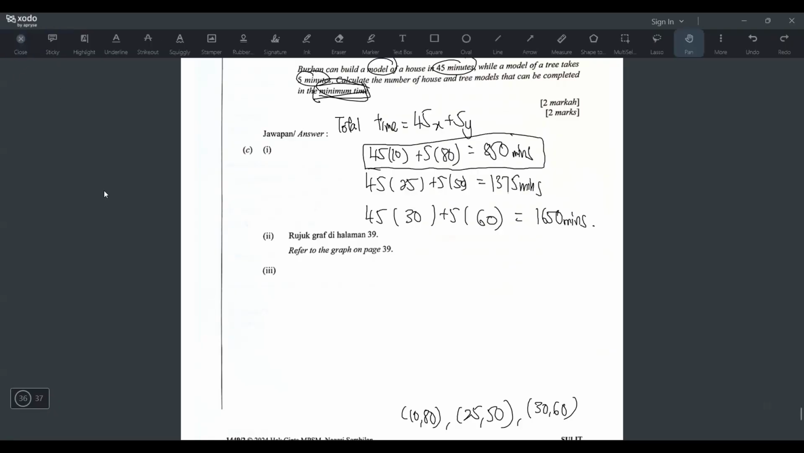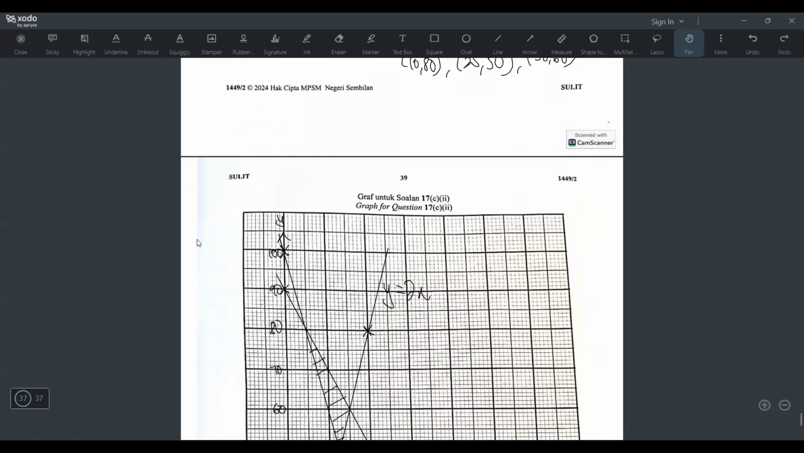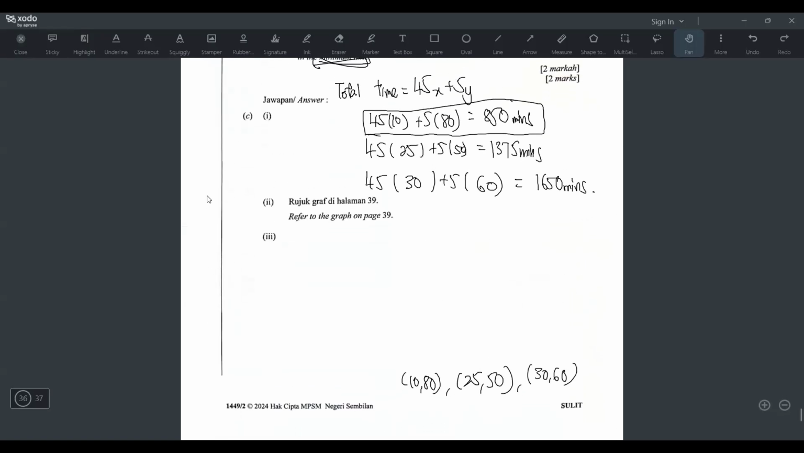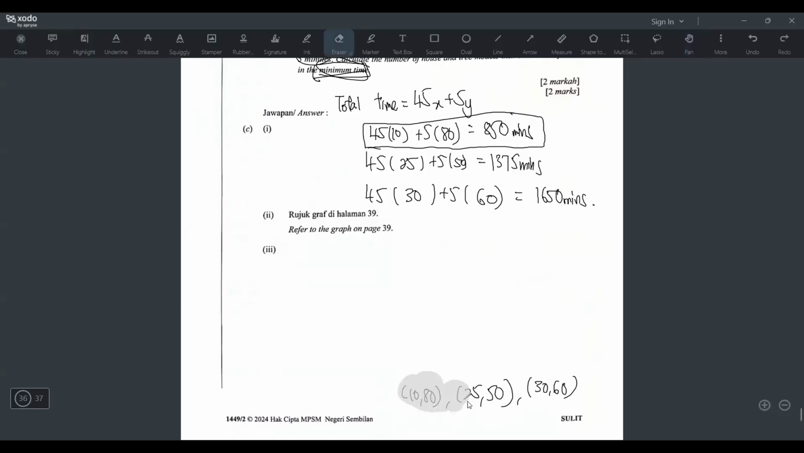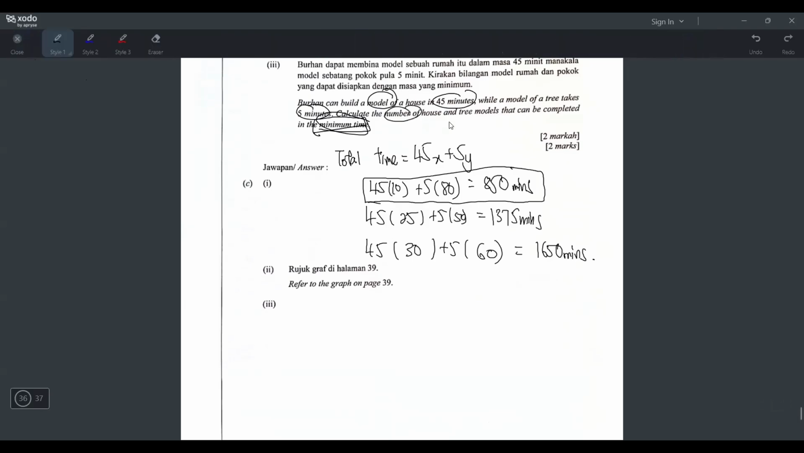Okay, so remember what I said just now. The answer will always be at the corner, or you can say at the vertex. All right, but it's not over yet. It's not over yet because the question never asked you to find time. The question asked you to find the number of house and number of tree models. So what I have to do now, I have to write